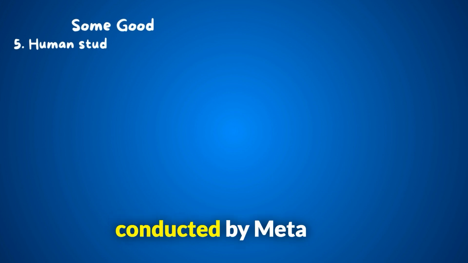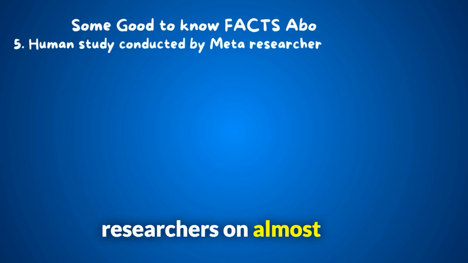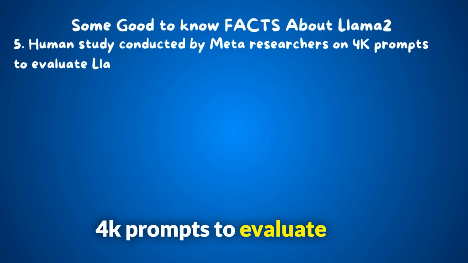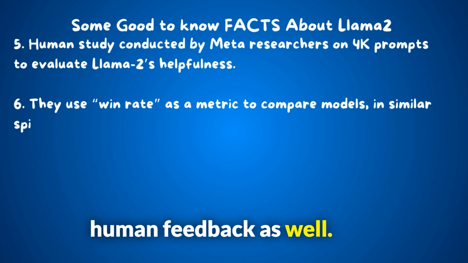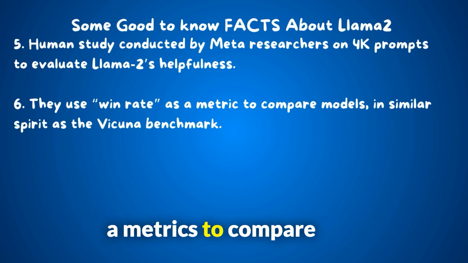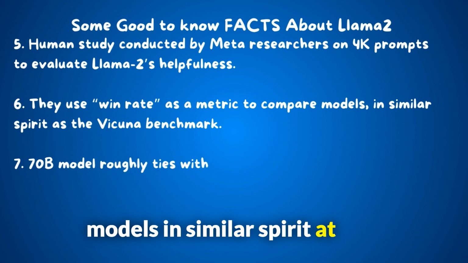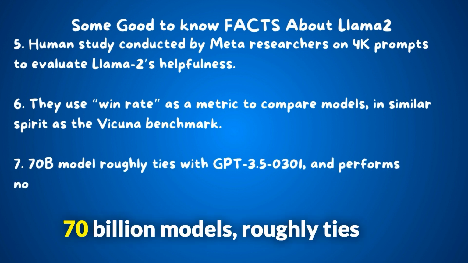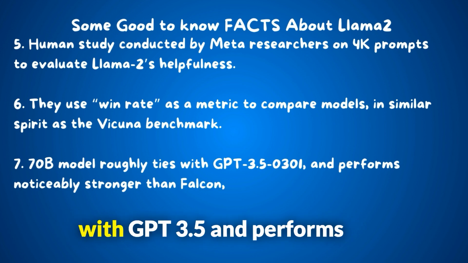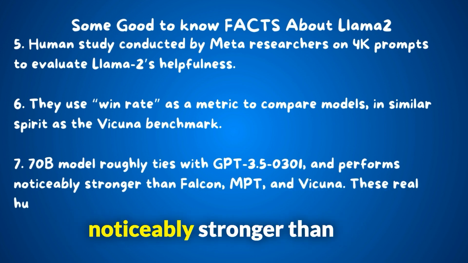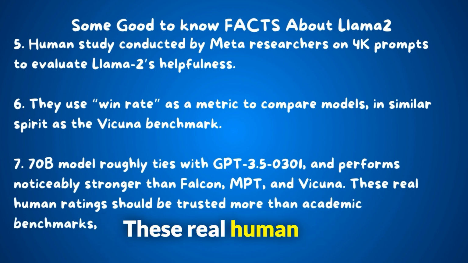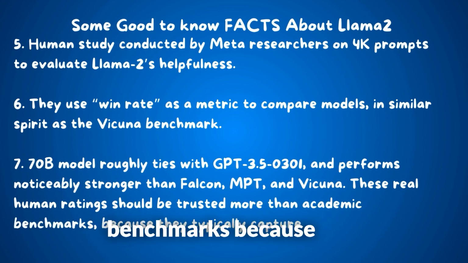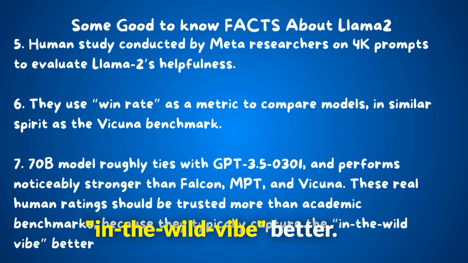Fifth, a human study conducted by Meta researchers on almost 4K prompts to evaluate Llama 2's helpfulness. So it is largely tested on human feedback as well. They used win rate as a metric to compare models, in similar spirit to the Vicuna benchmark. The 70 billion model roughly ties with GPT 3.5 and performs noticeably stronger than Falcon, MPT, and Vicuna. These real human ratings should be trusted more than academic benchmarks because they typically capture the in-the-wild vibe